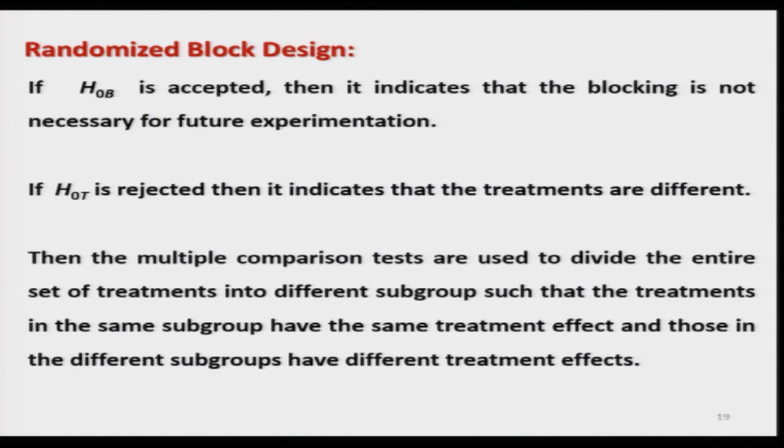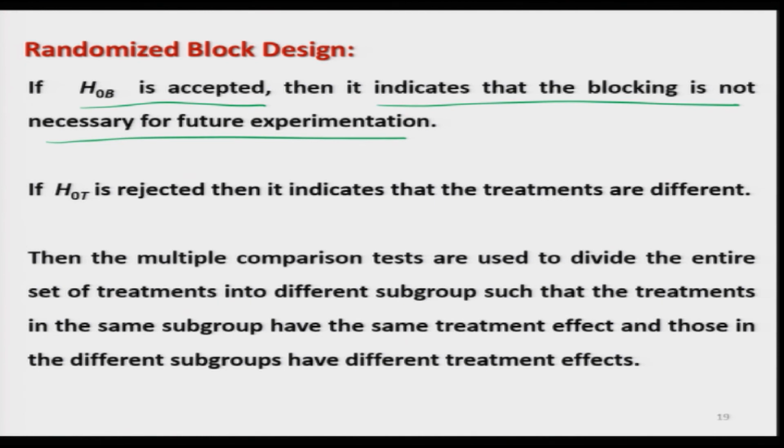So, if you try to see here, if H naught B is accepted, what does this actually mean? Then it indicates that the blocking is not necessary for the future experimentation, or the way you have created the blocks, you can say that all the blocks have got the same effect,